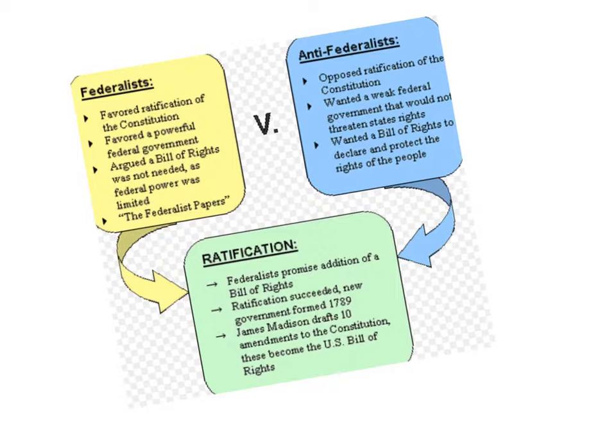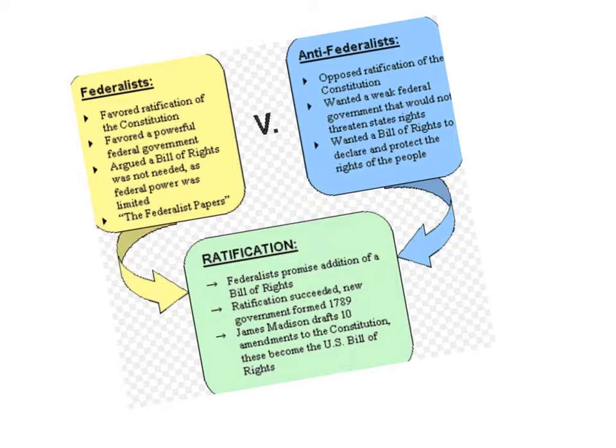So one of the things you guys seemed to struggle with the most was the difference between a Federalist and an Anti-Federalist, and then their reasons for ratifying or not wanting to ratify the new Constitution. And I apologize that this image isn't the best of quality, but it, combined with the one on the next slide, I think should give you a pretty good explanation and overview of what you might be missing.